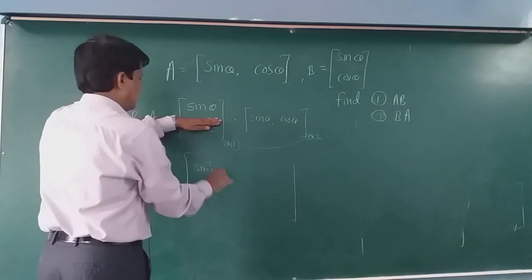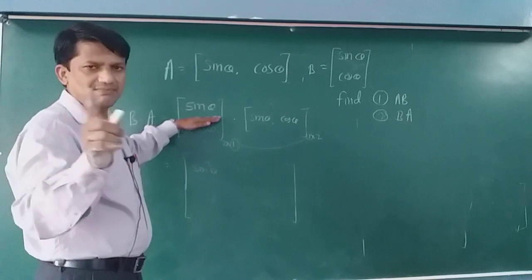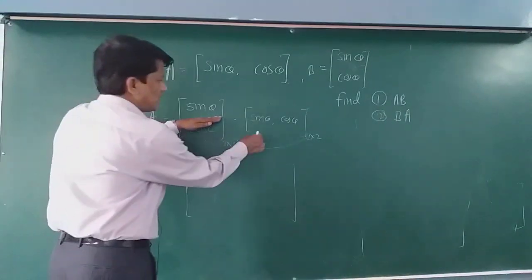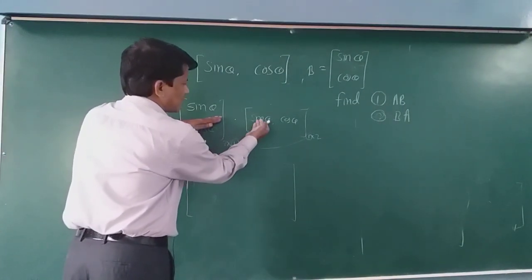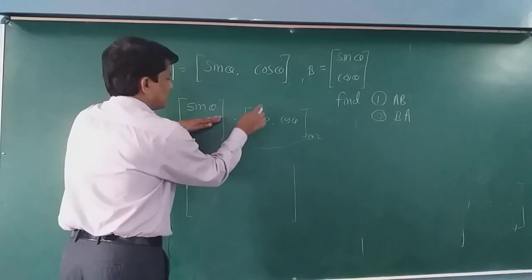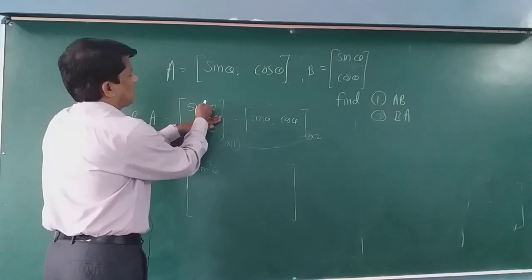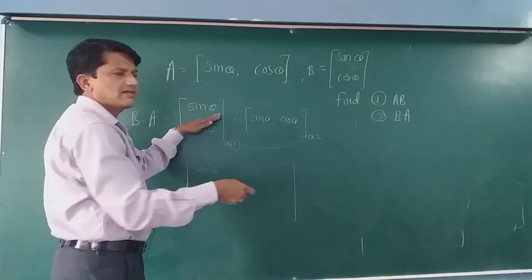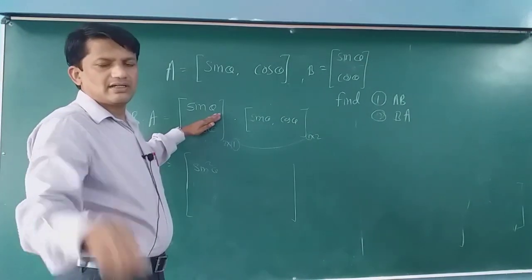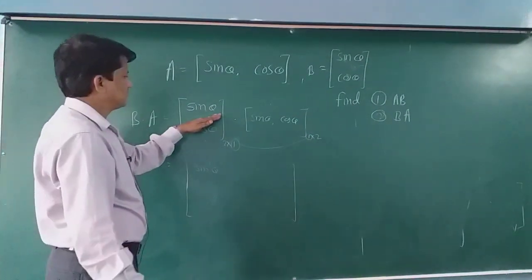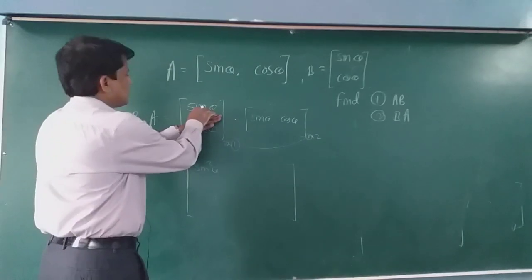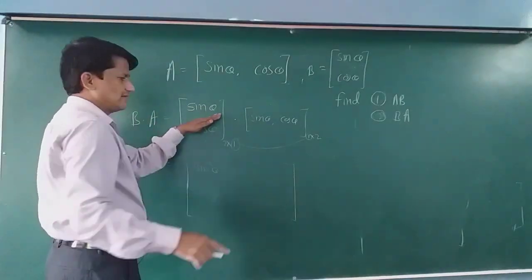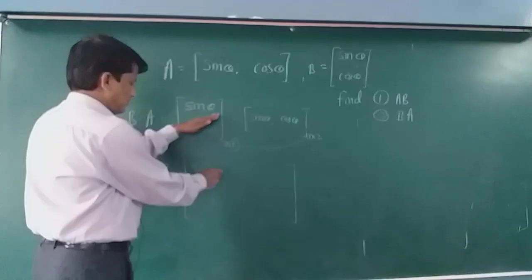Sin square theta. Okay, the first term is complete. For addition, there is no different term below this sign. Suppose here is another term and a particular number here, then there will be another answer of that number. So here only sin with sin, sin square theta. Correct? So this is our first term.